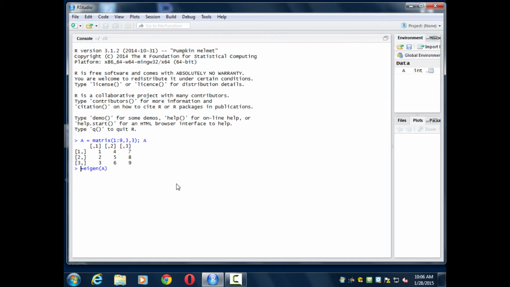I'm going to give this output a name. I'm going to call this my evals. Okay, all I'm saying is that the output of this built-in function, eigen, is going to be stored in this variable, a variable that I chose the name for. And if I'm not sure of what that variable is storing, since it's the output of some built-in function,